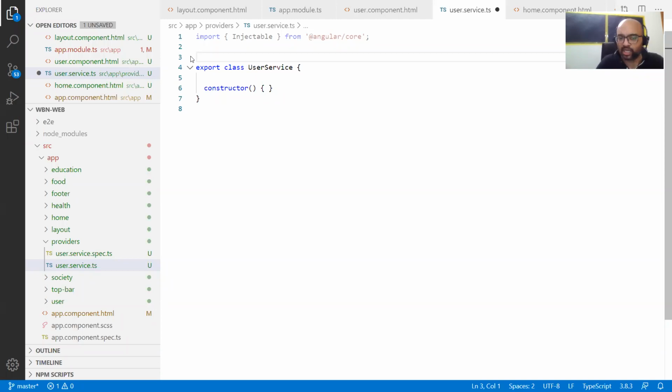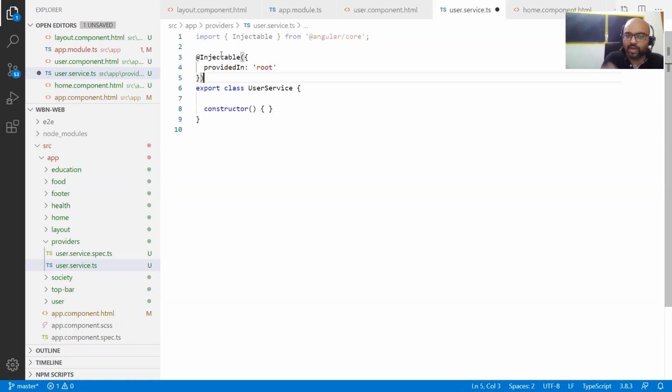If you see, this is also a class. If you remove the decorator injectable, it's a class. So this class will become provider. This class will become injectable. Injectable and provider are one and the same thing. It will be injectable, it will be provider only when you add a decorator called injectable. Now this class is no longer a normal class. It is now an injectable. Okay.